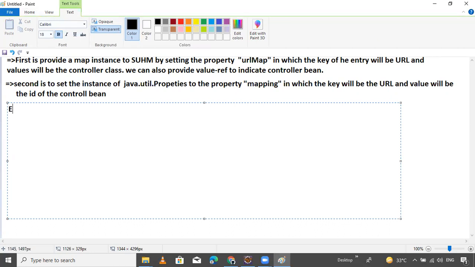Same example I will prepare: an example of how to configure. Inside the beans tag, provide the bean. Suppose the name is hello controller. This is the controller name and the class is com.itsp.controller.HelloController.